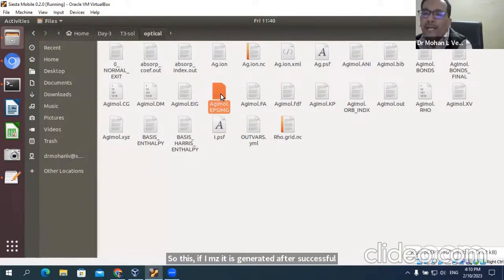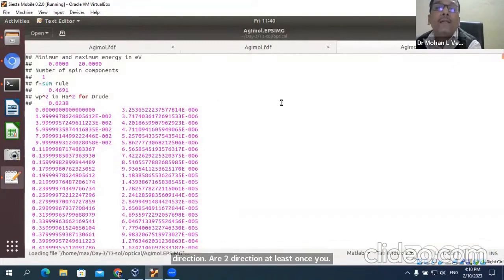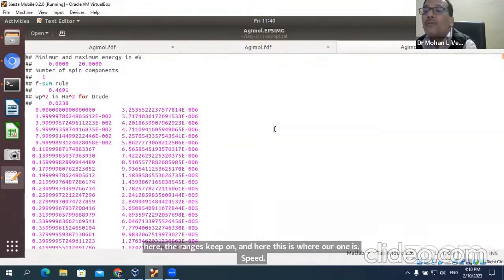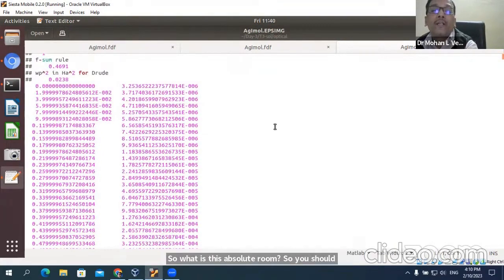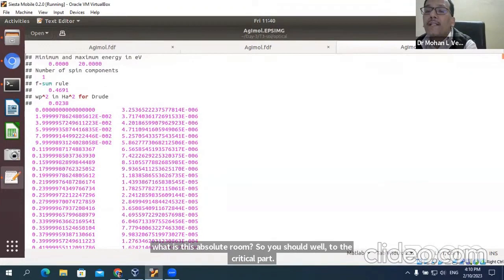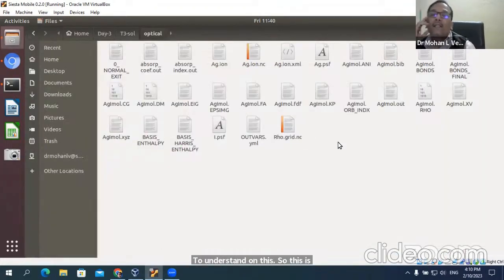And for the x-axis, you will have one EPSIMG epsilon file along the x-axis, and likewise for the y-axis and z-axis. So you have to run this 3 times for 3 different directions, or at least 2 directions. So this is the output file in terms of optical properties, and here the range is given, and here this is for one spin. So you should go to the theoretical part to understand this. So this is the EPSIMG file, and this will help to